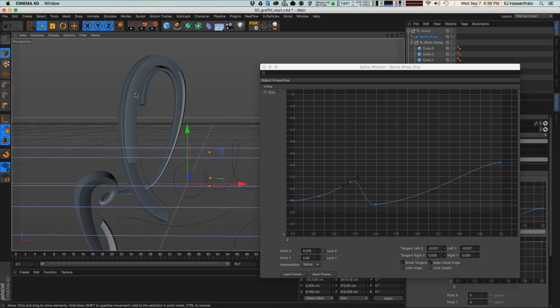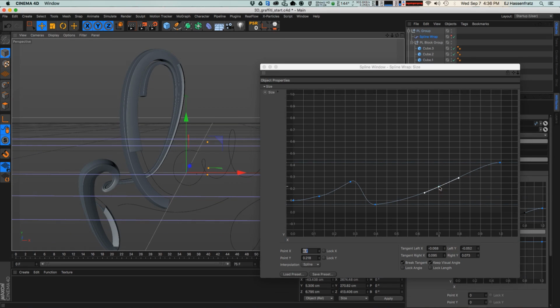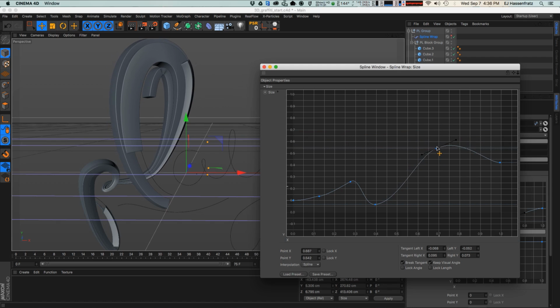So I want this part of the L, this upper curve, to be fairly thick. I'm going to make a new point and say, okay, this is exactly where I want it to get thick again. So just move that straight up and turn this down right here, so at the end it gets kind of small again. And let's see, I'll just make one more point